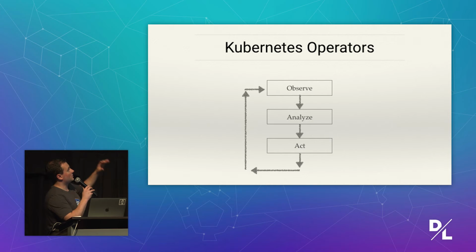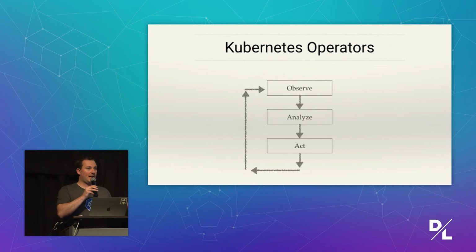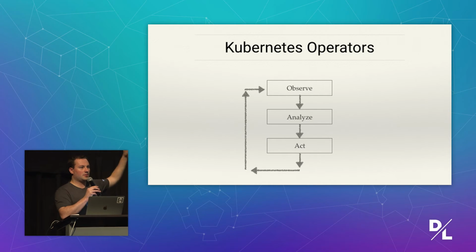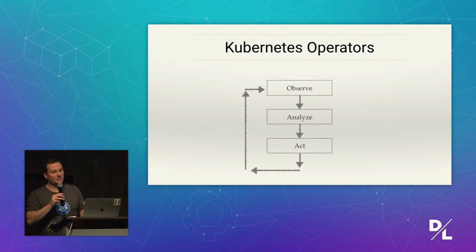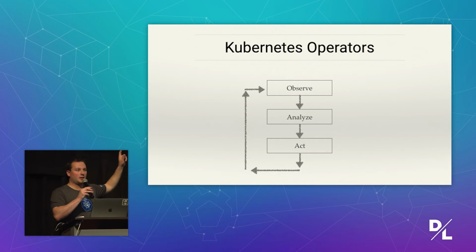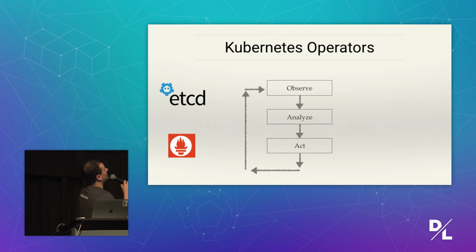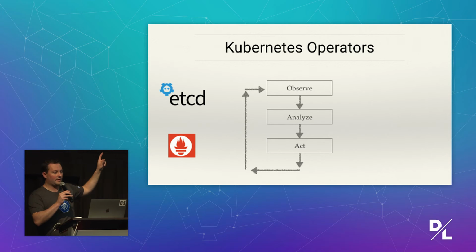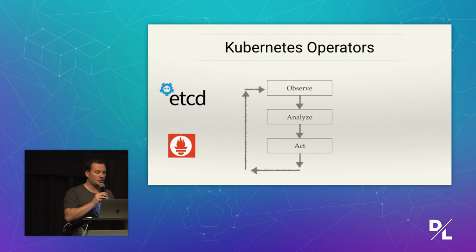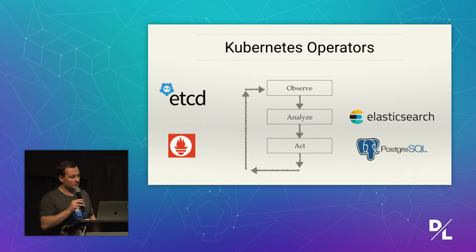So the idea of being able to observe what is currently running in the system, analyze the differences between what the system has and where it's supposed to be, make changes incrementally, and then observe again. This observe, analyze, act loop allows us to build systems that scale. This is exactly what Kubernetes does underneath the hood. But now instead of scaling containers or scaling your applications, we can apply this to databases, which is exactly what they did. So CoreOS built operators for etcd, which is their distributed key value store. That's also part of the Cloud Native Computing Foundation. And they also built one for Prometheus, which is a distributed monitoring agent. And the community has sort of jumped on board with this.